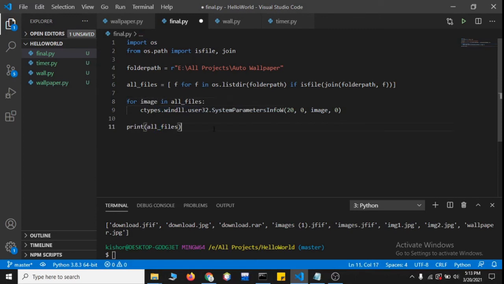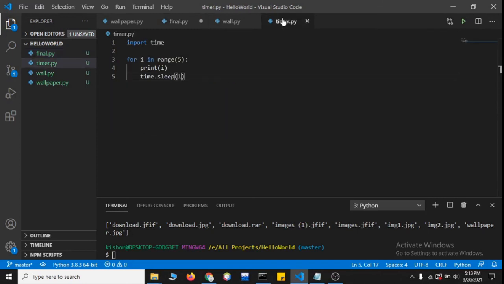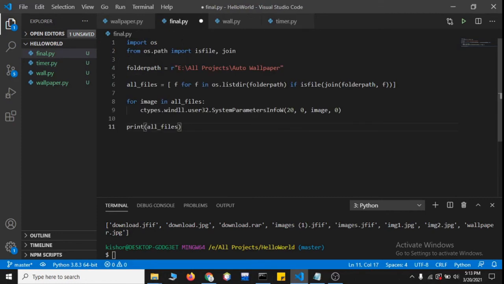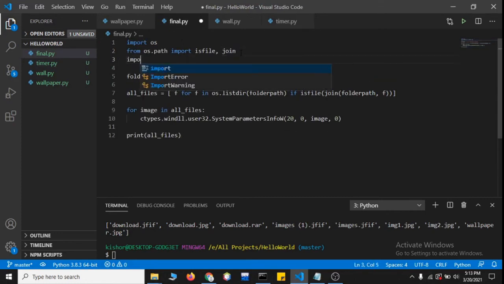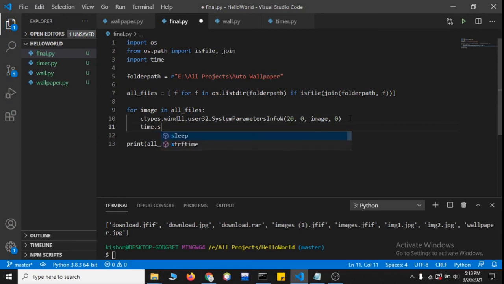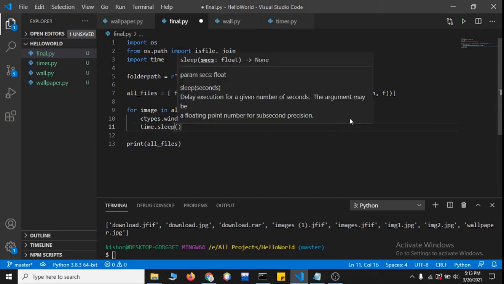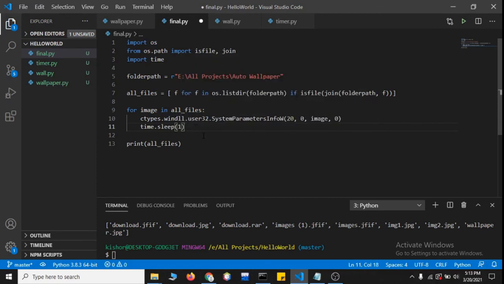For image in all files, just set it, and after setting we have to wait for a second, right? So we have to import time and then time.sleep. So go to top, import time, and then time.sleep. If we want 1 second, we will just keep 1. If we want 2 seconds, whatever, we can just keep it. Just save it. Okay, and we don't want to print all files now.